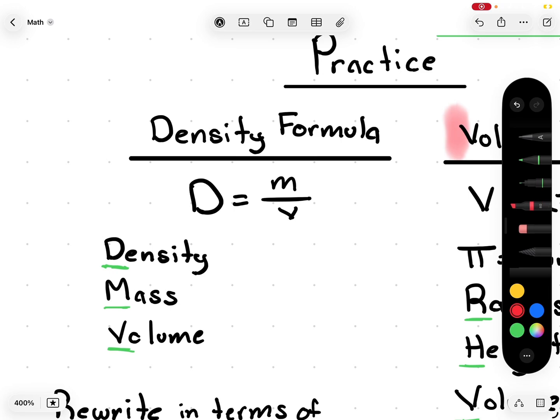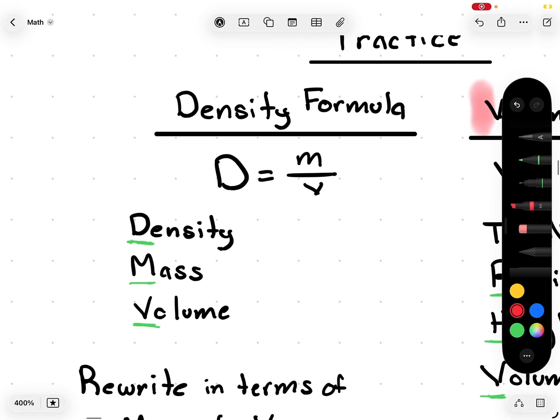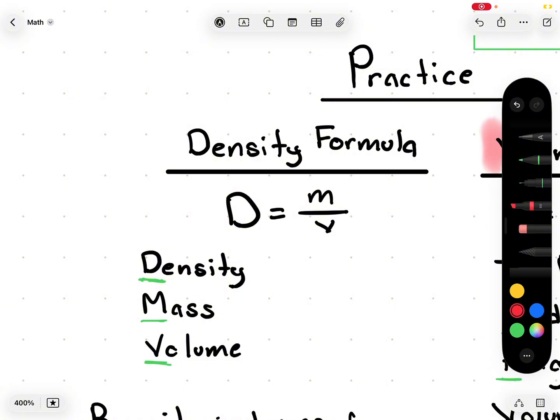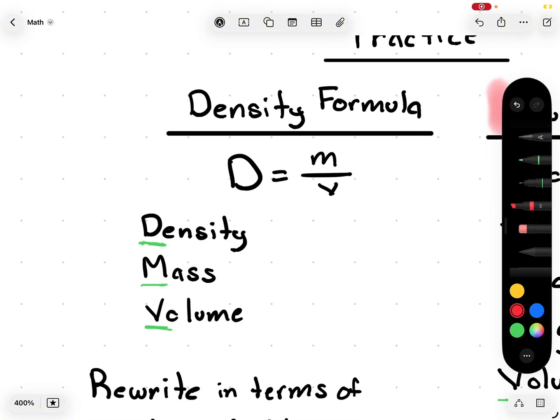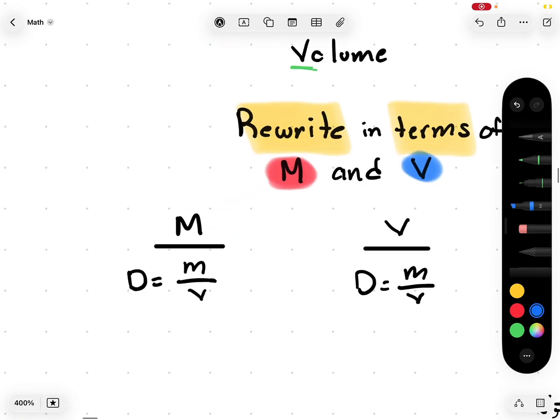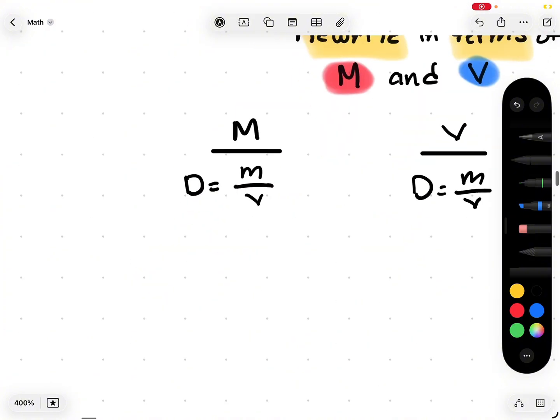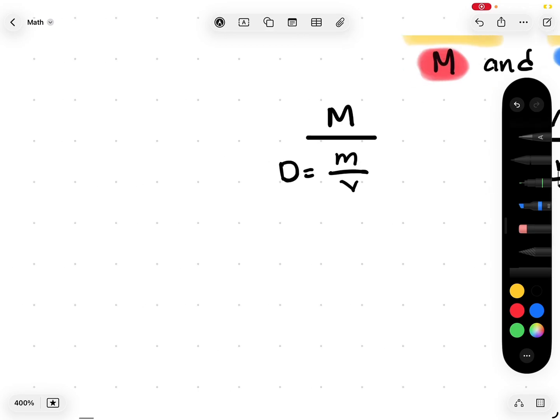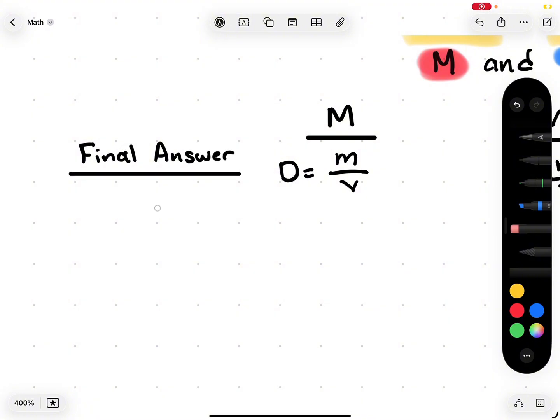I'll be using the density formula and the volume of a cylinder, which is a little harder. The density formula is density equals mass divided by volume. The question is asking us to rewrite in terms of m and v. And it looks like they already have it set up for us here, so let's rewrite. The first thing that we need to understand is that we have to get m by itself, which means that our final answer is going to look somewhat along the lines of m equals